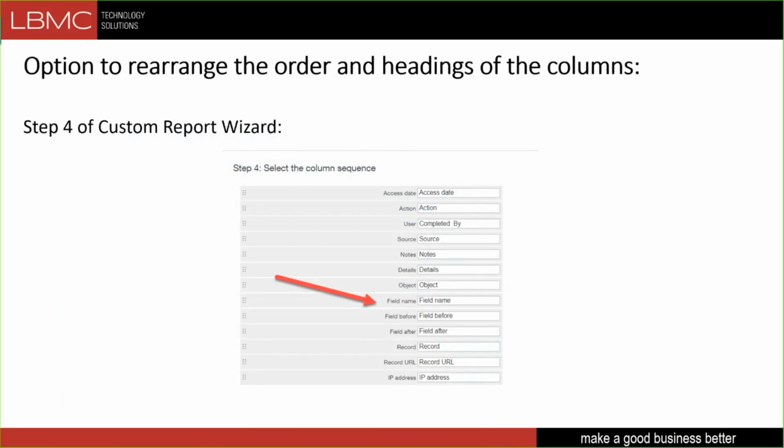On step 4, you can drag and drop these columns into any order that you want to see them in. They'll default at the very bottom. I moved them up a little bit, just personal preference. And then after this step, you can ignore the remaining steps and just save your report as is. Nothing else needs to change. You don't have to rename it or anything, just hit save and done,